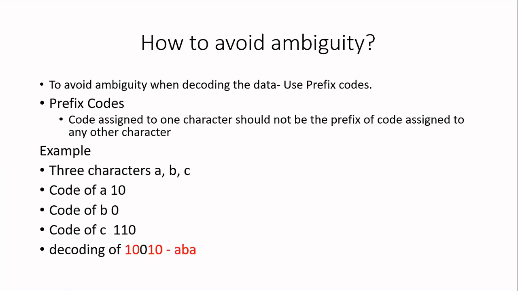Unique way means I will get only one answer if I decode it. So let us check how to decode this particular message. I have the message 10010. First, I will take only 1 bit. I'll check all the 1-bit codes for a match. In 1-bit code, I have only B, but it is having a value of 0. So that means I don't have any 1-bit code with the value 1. So now I have to check for 2-bit codes. So take 2 bits, 10. Check all the 2-bit codes for a match. For A, I have 10. There is a match. So now these 2 bits should be interpreted as A.